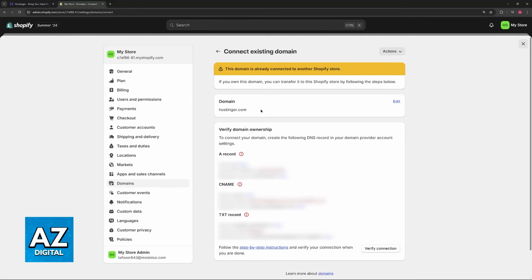So you have to create the following DNS records in your domain provider account settings, and once you input all of these details under A records, CNAME records, and TXT records, you will be able to verify the connection and get them both linked. I hope I was able to help you on how to transfer hosting your domain to